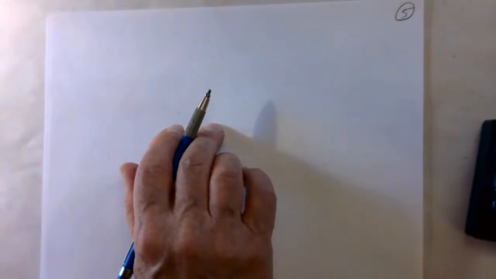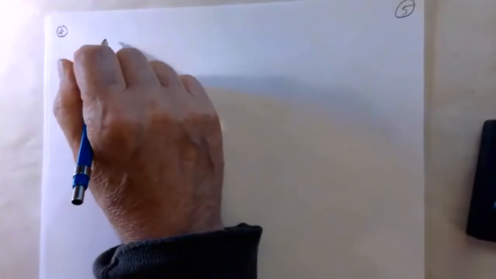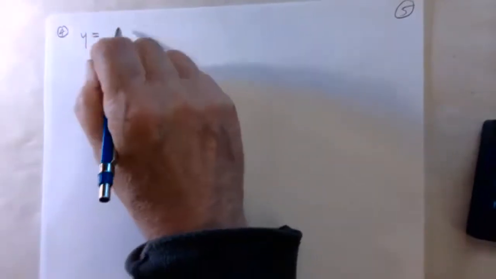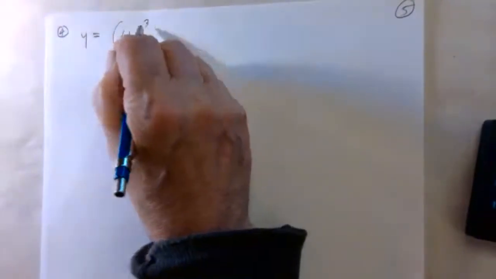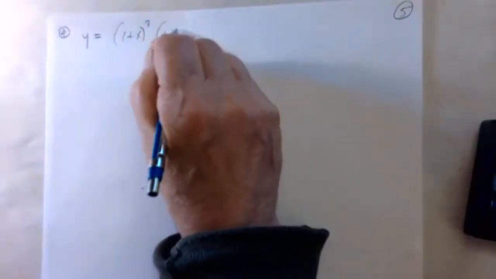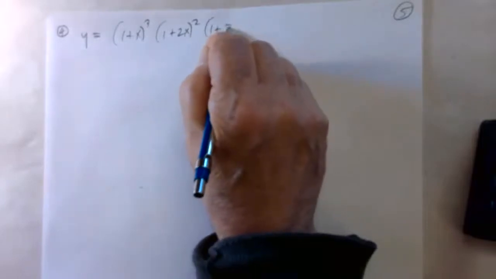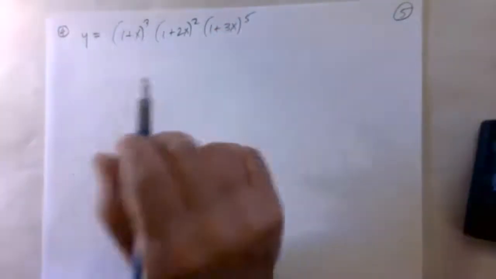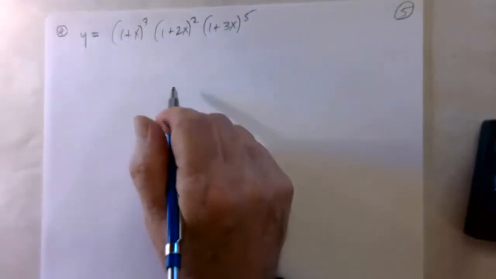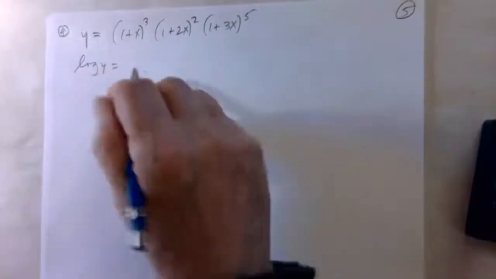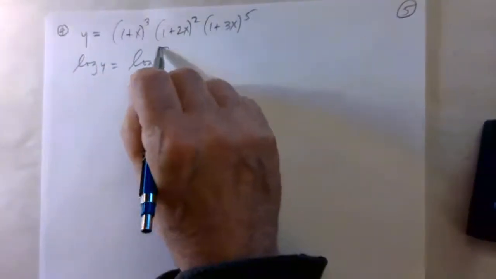So that was 3. Number 4, we have a function y equals 1 plus x cubed, 1 plus 2x squared, 1 plus 3x to the 5th, and we want to use logarithmic differentiation to find the derivative. That means we take the log of y, so that's the log of this whole expression,